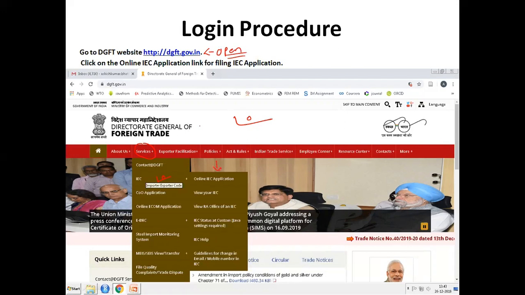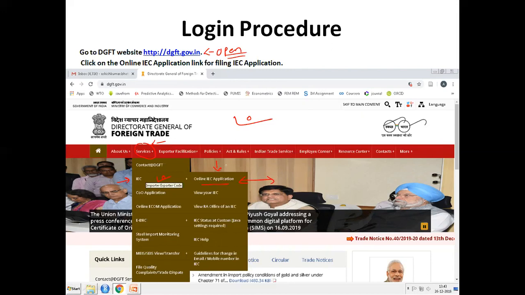First you need to open the website, then you need to enter into the service. Once you enter into the service, you will find there is an IEC tab. Click on that IEC tab and you will find multiple options. Here you need to click on the first option, which is online IEC applications.